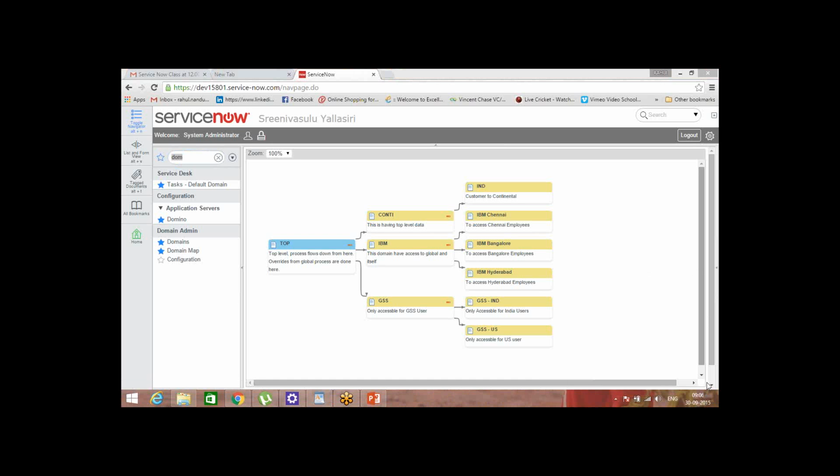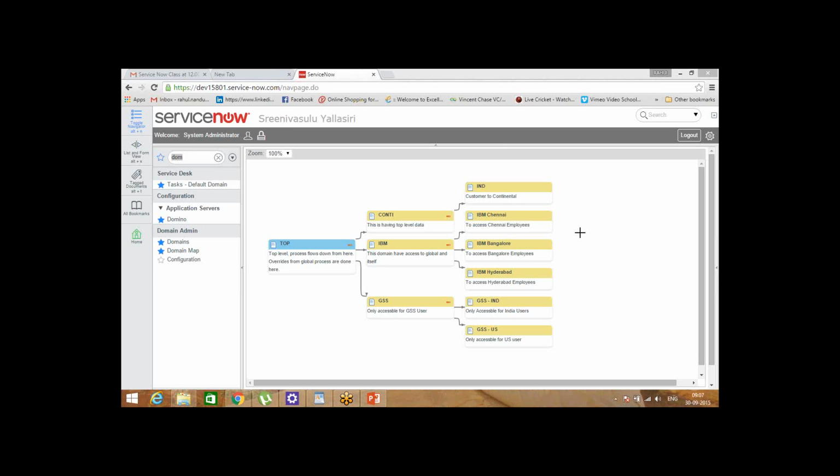Yeah, Chandu, please. I'm getting GSS and GSS India. Next to GSS, I'm getting GSS India, not as a sub branch. GSS and GSS India are showing as parents. So can you share your screen?